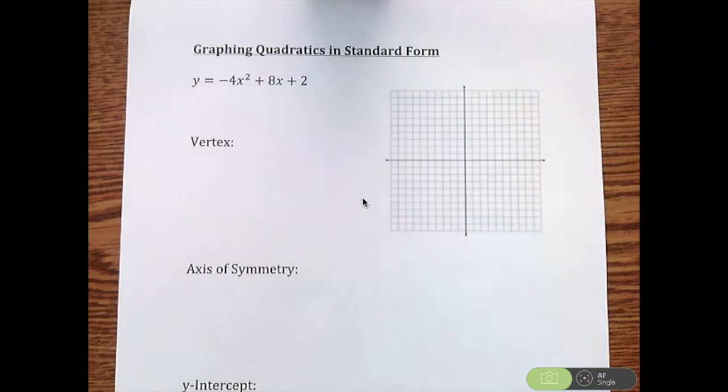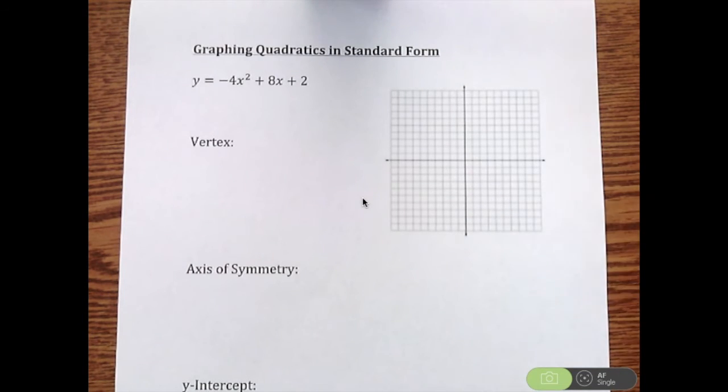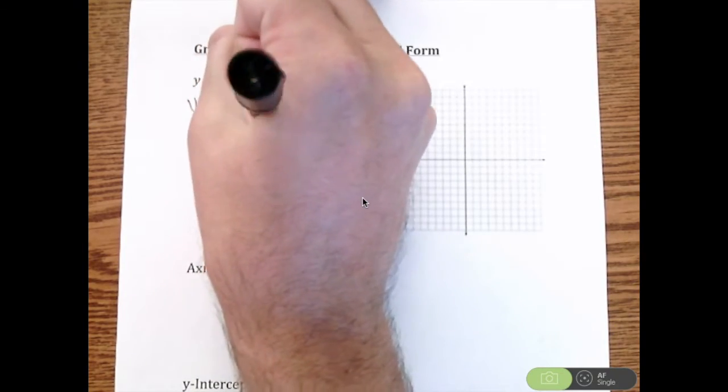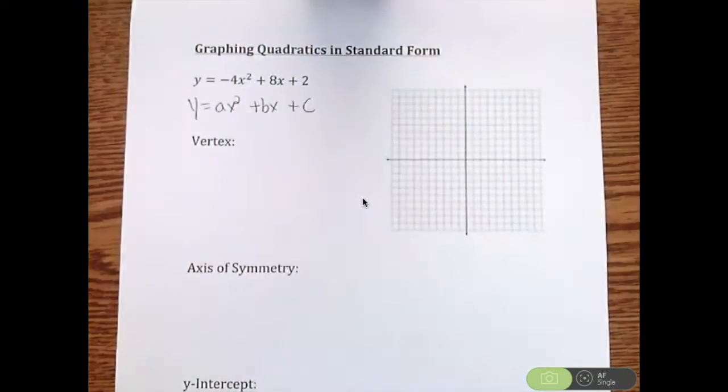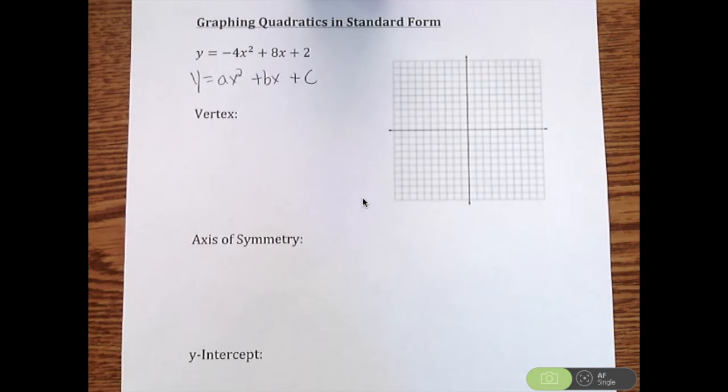Alright, I'm going to review graphing quadratics in standard form. Now again, standard form is y equals ax squared plus bx plus c. In standard form, there's a place that we're going to start, but there's a very, very important formula you're going